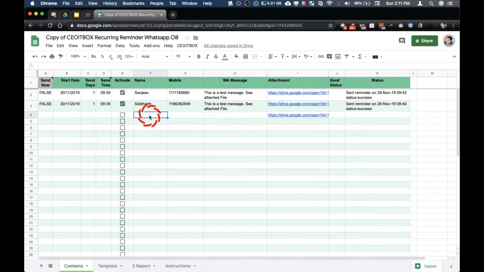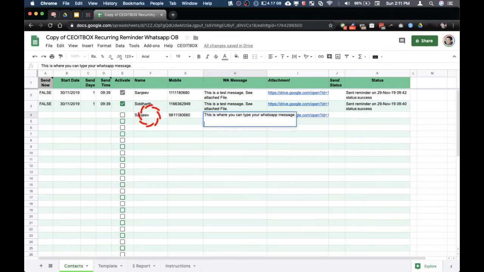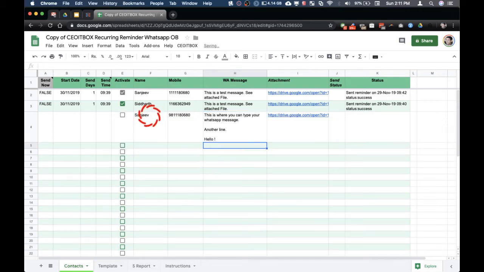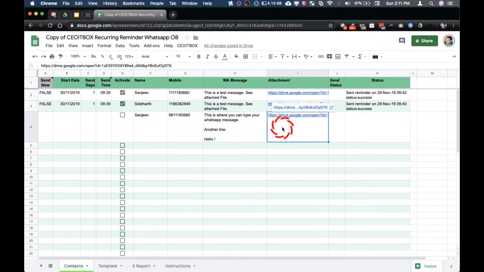So let me try sending a message to myself. This is where you can type your WhatsApp message. You can use Control Enter to make another line. Like this. So once you have the name, the mobile number, the WhatsApp message and the attachment,